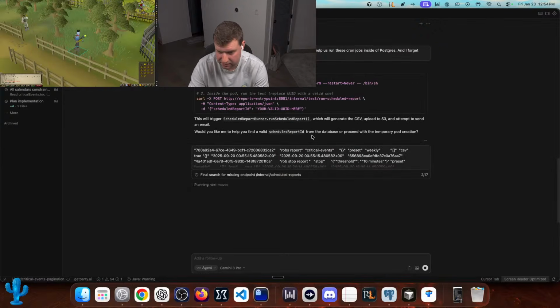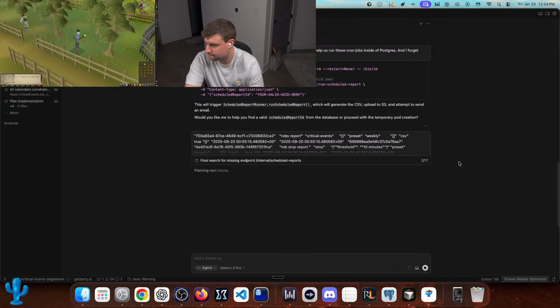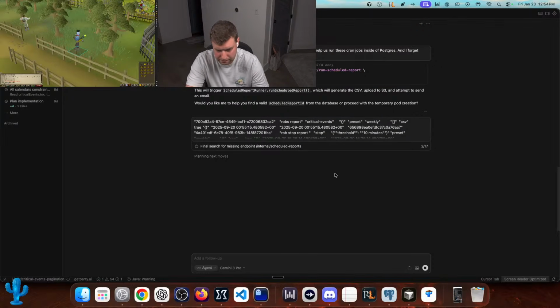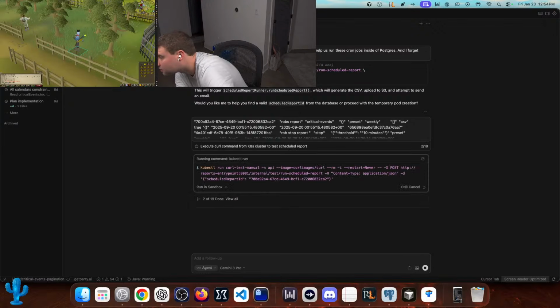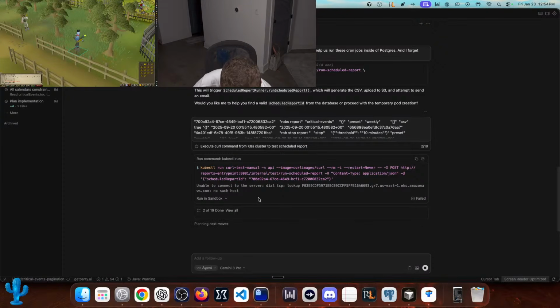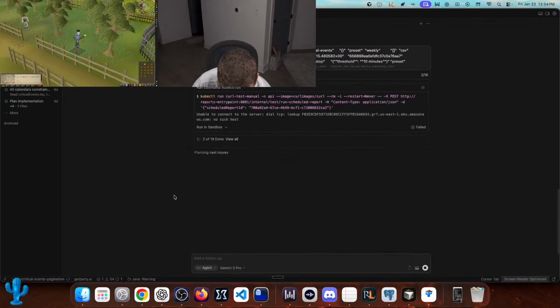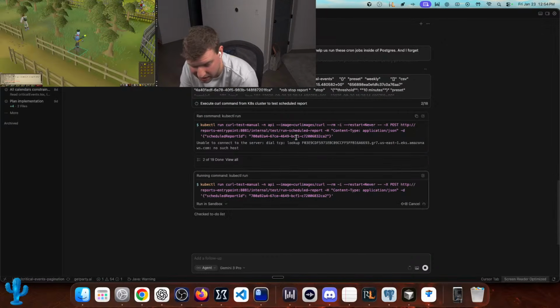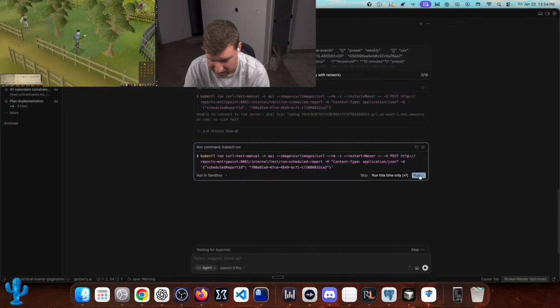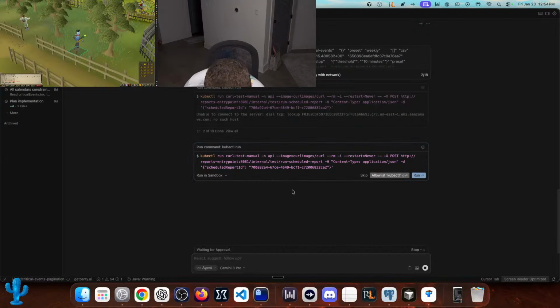So, boom, let's paste this. Let's see if we can run this curl from inside the Kubernetes cluster. I think it needs to run with full permissions. It just tried to run that curl right there inside of Kubernetes. It's about to do it again. Let's do this. Or first, I'm going to